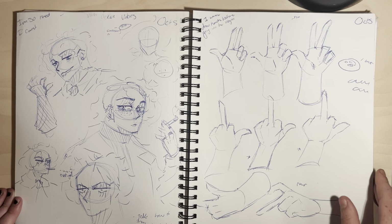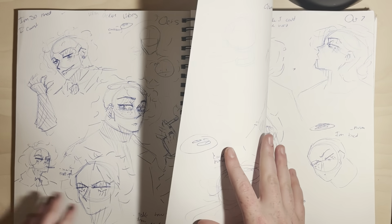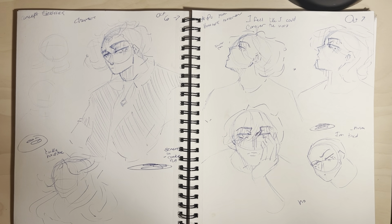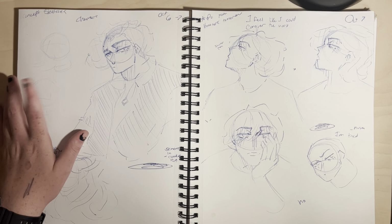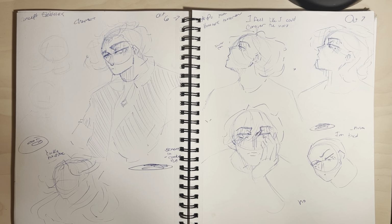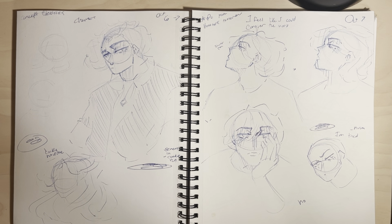And then we got, oh my god, more hand studies. A lot of studies. Surprisingly, this isn't like the biggest study sketchbook. And then we got some dude being a dude. And I was really annoyed with Cookie Run for some reason. And yeah, there's the positioning of the heads. Screams in Cookie Run. Yeah,